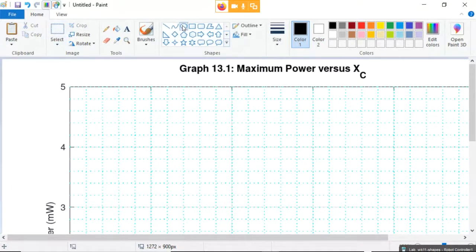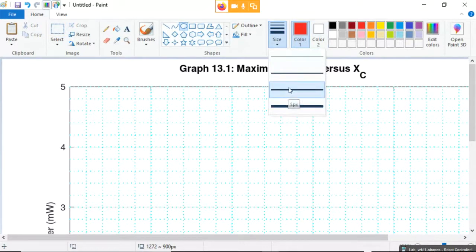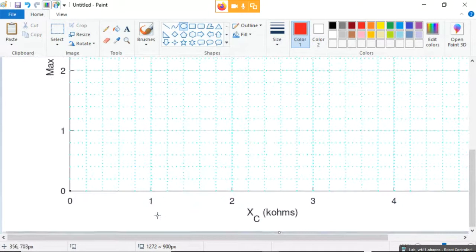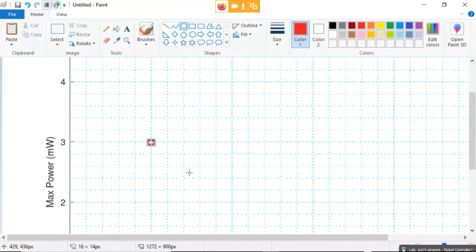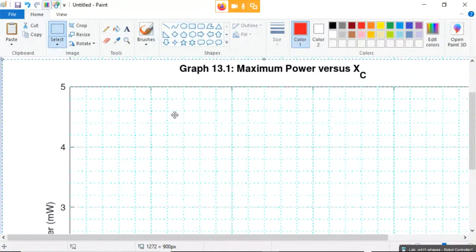So I'm going to come up here, and you want to choose the size, make this kind of large here, so that it shows up. At 1 kiloohm, I had 3 milliwatts. So I'm just going to draw a little dot there. Okay. And then once you draw the dot, you can make a copy of it. And then when you plot your next point,